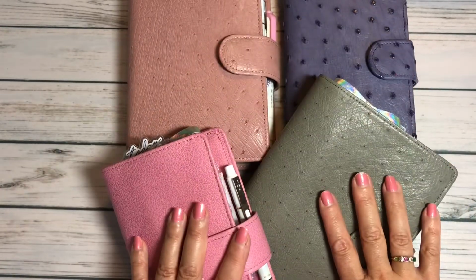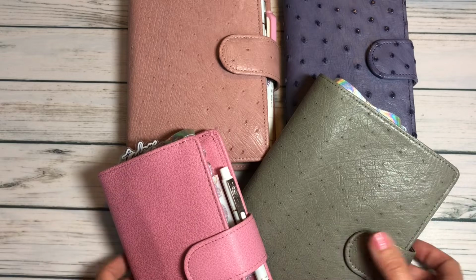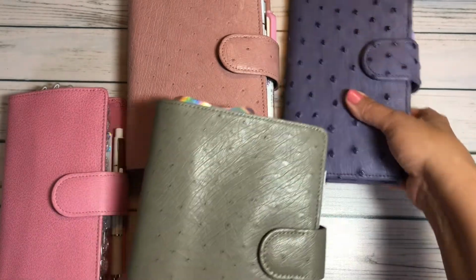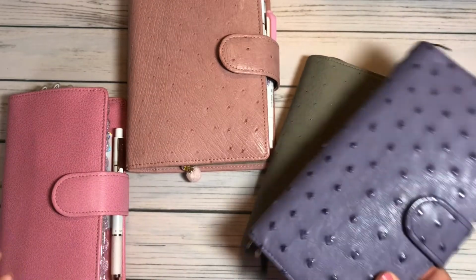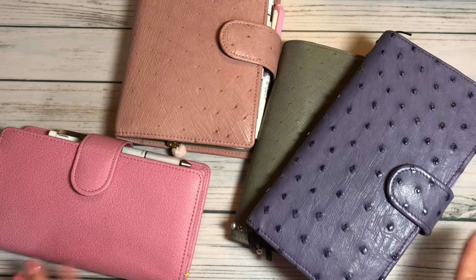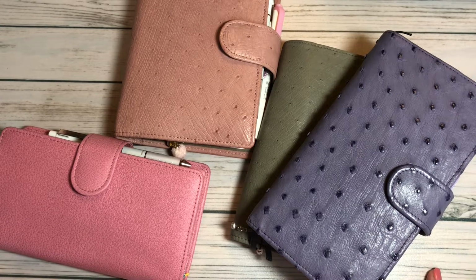This is it. This is all I currently have for Spek Customs. Does it seem like a lot to some people? Maybe. But for me, this seems crazy that I literally only have 4 left. And why is that? Well, I had, let's see, 1, 2, 3, 4 other ones that were all ringed planners,